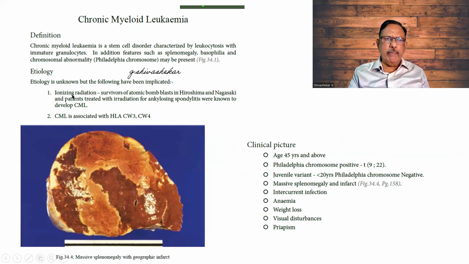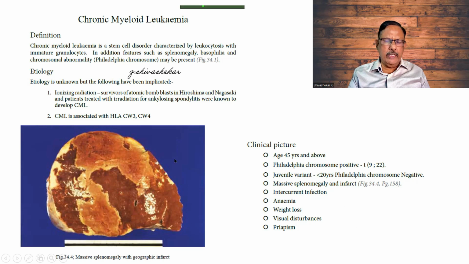The etiology can be because of ionizing radiation. It can arise de novo, or it can be associated with HLA CW3 and CW4. These are the clinical features which you should have in mind. Patient is usually more than 45-50 years of age, and there might be a chromosomal translocation. Massive splenomegaly is one of the features, and all the others are to be added, such as weight loss, priapism,